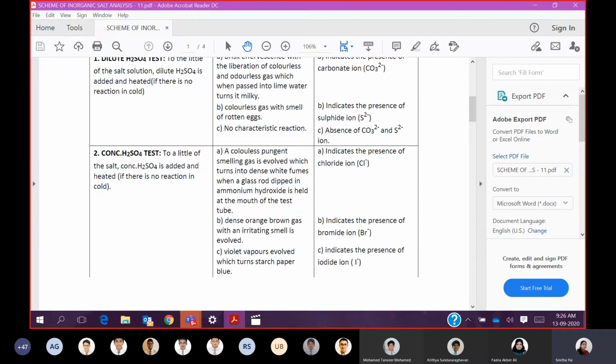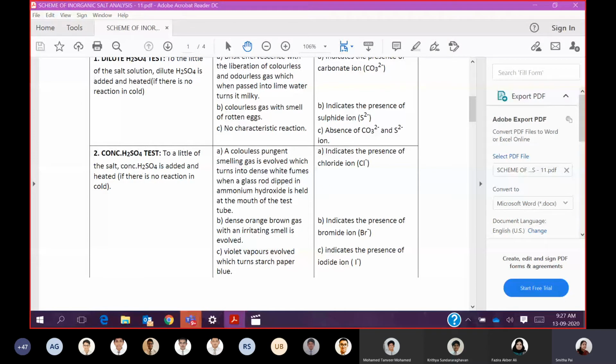So first, you have to take a dry test tube. In that, you need to take the salt. To the salt, you are adding the concentrated H2SO4. Now, you must have observed a froth inside the test tube as soon as you add concentrated H2SO4. So, that froth is nothing but a colorless, pungent smelling gas. Never smell any pungent smelling gas.